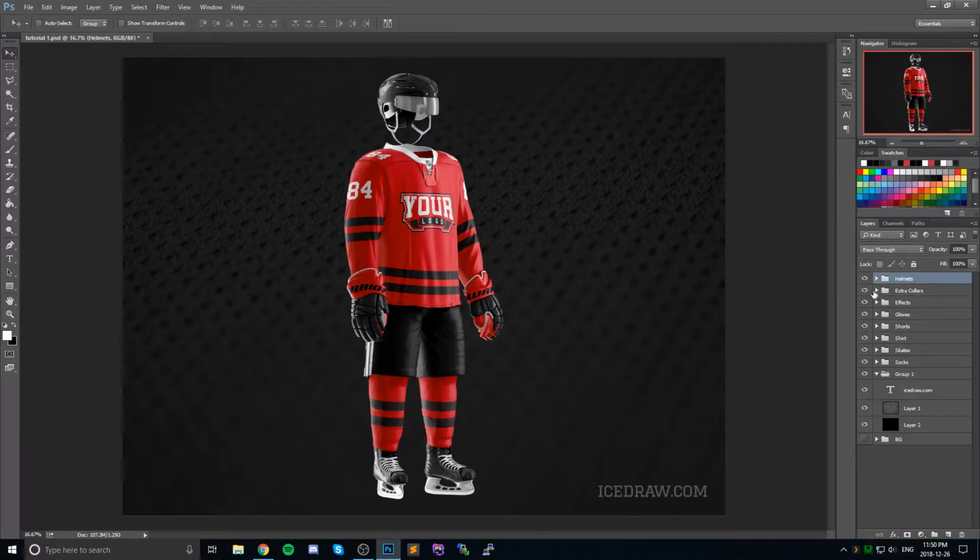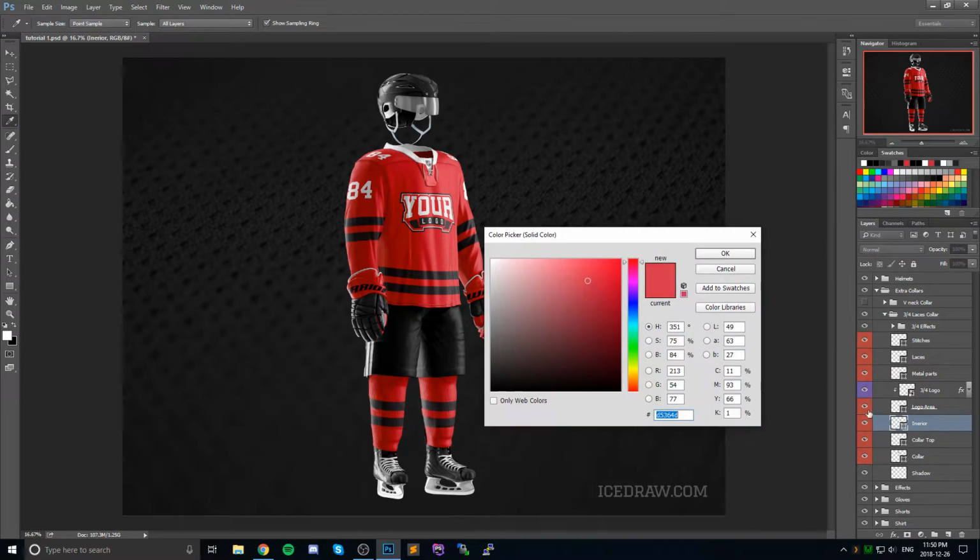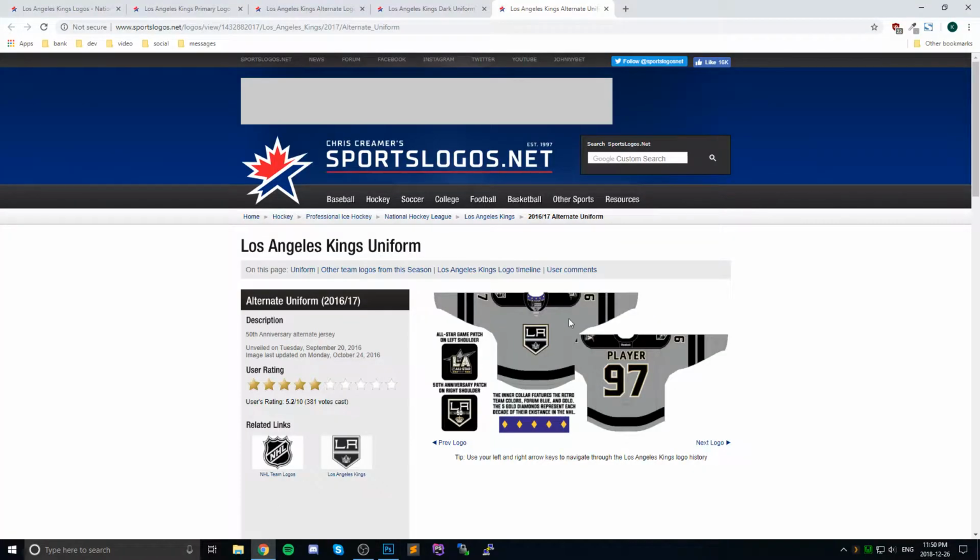Now for the collar, like I said, I like using the 3/4 lace collar for every single one of my jerseys. I just really like the lace colors. So I'm going to go ahead and change the colors of this. So for the interior, actually I'm going to pull up